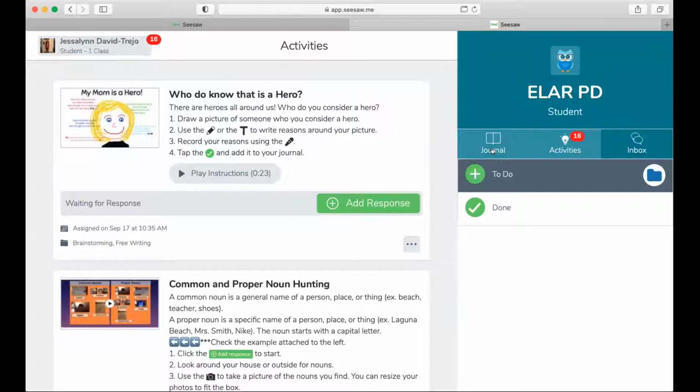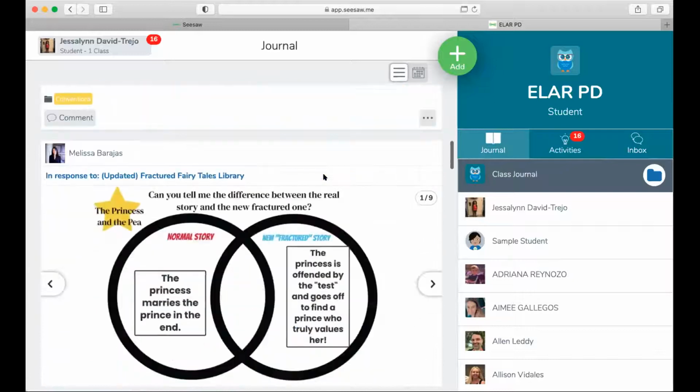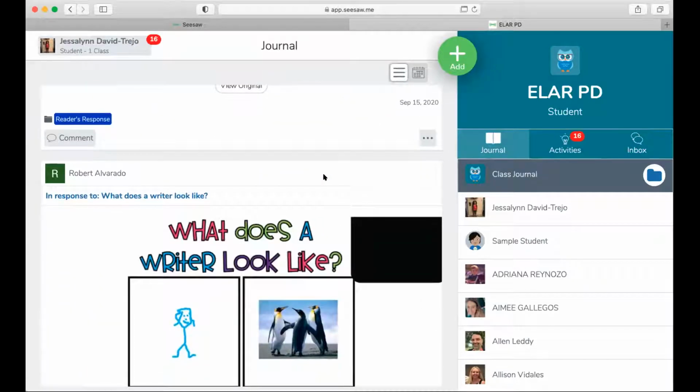The other thing is looking back at that journal. You see how you see everyone's work? Well, if you just want your students to see their own work, or you have students that are remote and you want to make sure that their work is protected, right? You don't want to violate anybody's rights. You can also turn on the options of home learning, which automatically disables everything that would expose the students' work to each other. You can do that, or you can go in there and just wipe it off or disable it altogether. So those are the two options that you have.